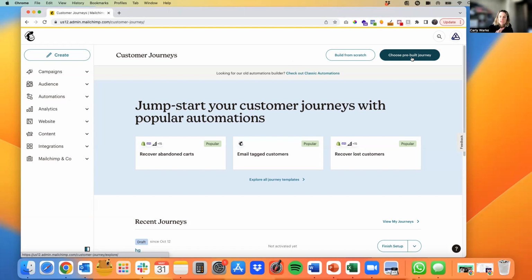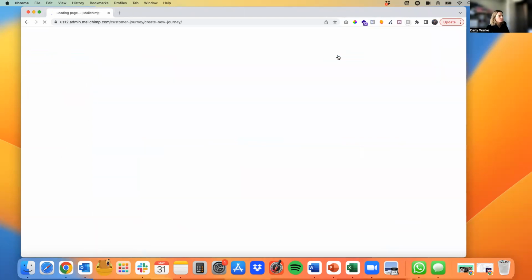I find that sometimes some of the pre-built journeys can have a lot of additional steps in them that you don't really need. And I find that sometimes the best automations are the most simple. And really for today's purposes, I'll just show you a simple one and how you can do that yourself. So if you click build from scratch,